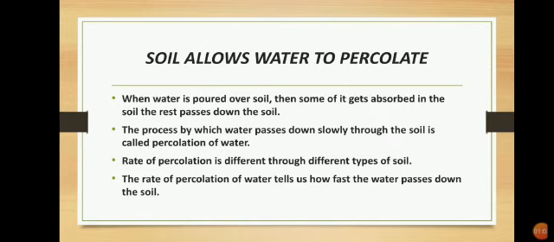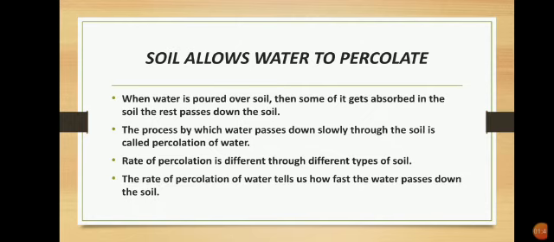Now, what is soil? It is a porous solid substance, that is, it has tiny pores in it. Now what happens when water is poured over the soil? Some of the water gets absorbed in the soil, and the rest passes down the soil via those tiny pores. So what is percolation of water? The process in which the water passes down slowly through the soil is called percolation of water. That means when you are pouring the water on the soil, at first the soil absorbs it,